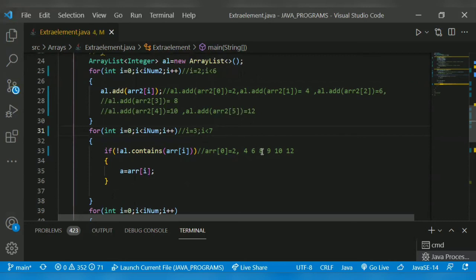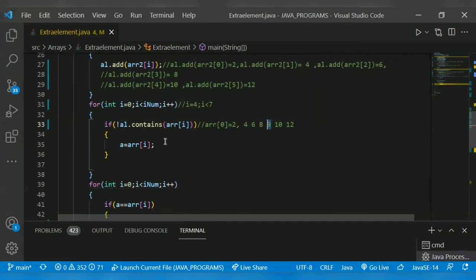Now arr of 3 is 8. 8 is present in the array list. Yeah. So i will get incremented to 4. Then arr of 4, which is 9. Is 9 present in the array list? No. So it satisfies the condition, it's not present in the array list.